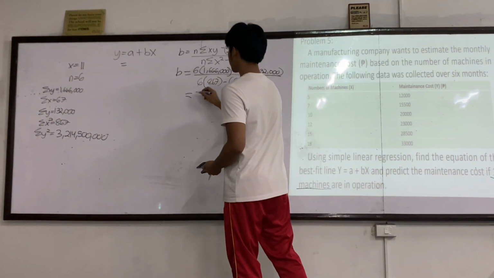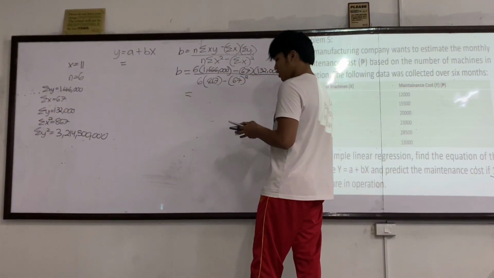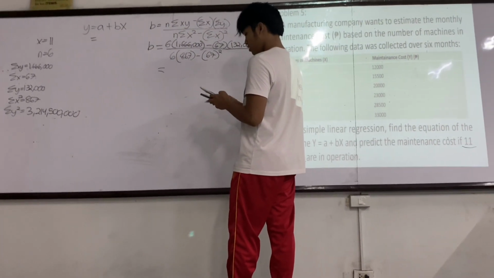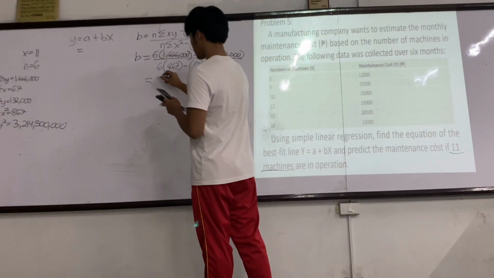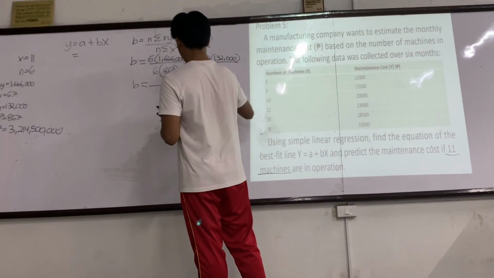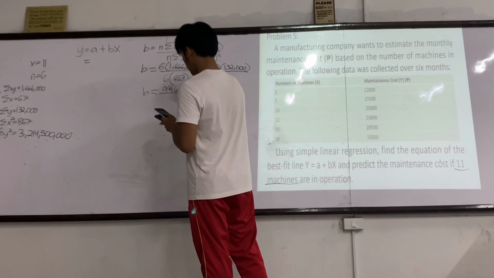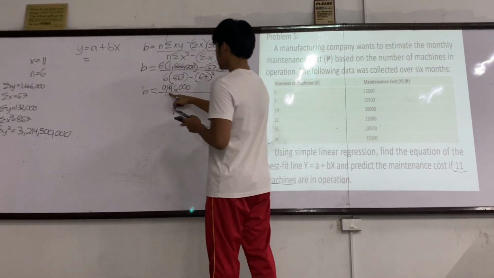So simplify 6 times 1,666,000. 6 times 1,666,000. Value is 9,996,000. So we have